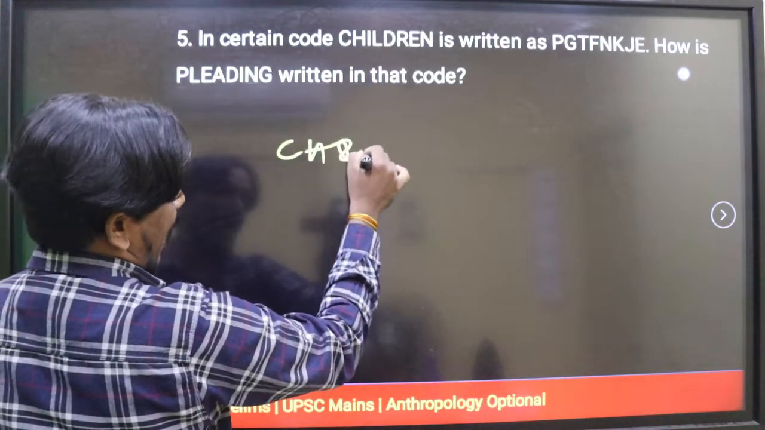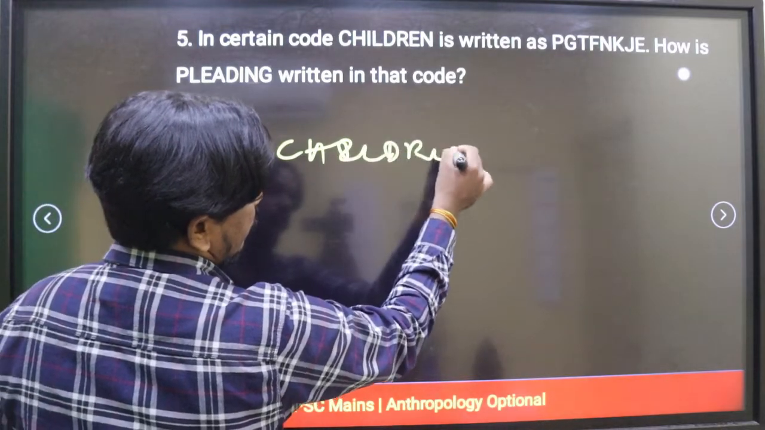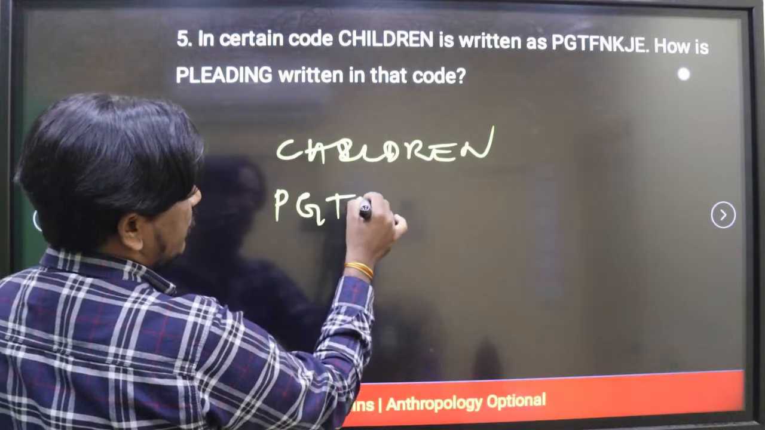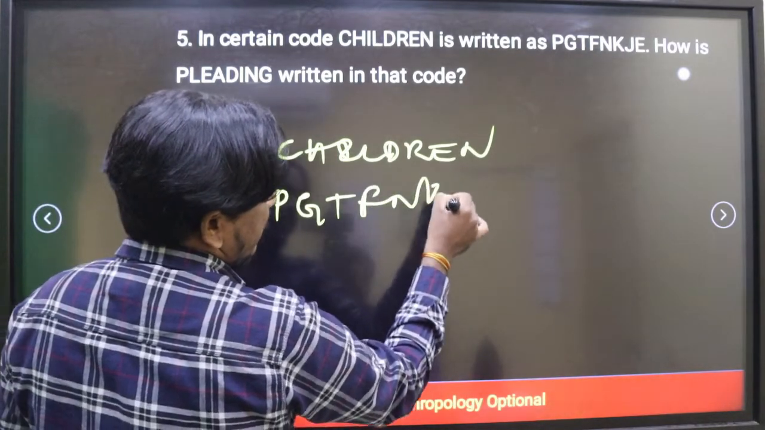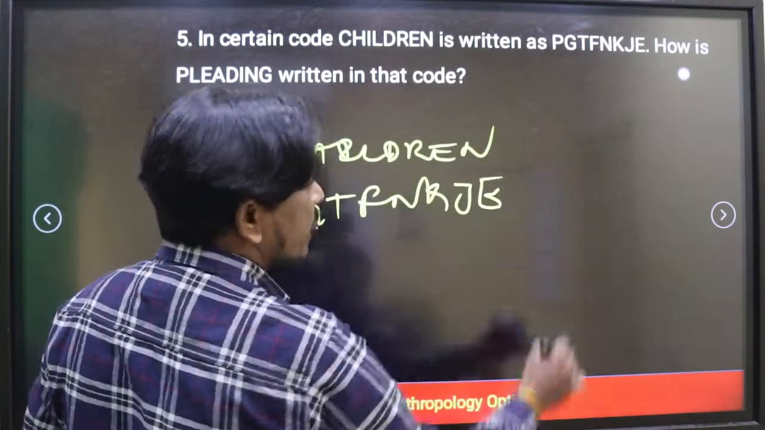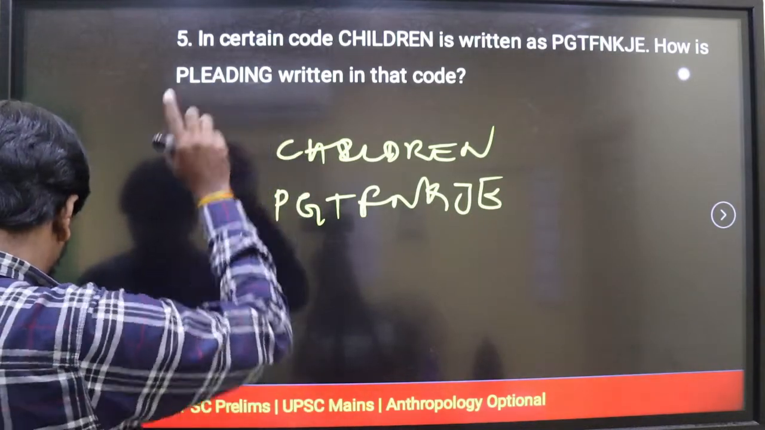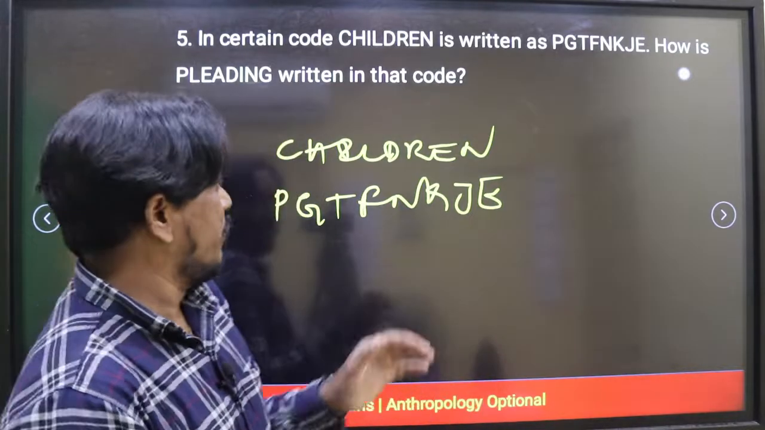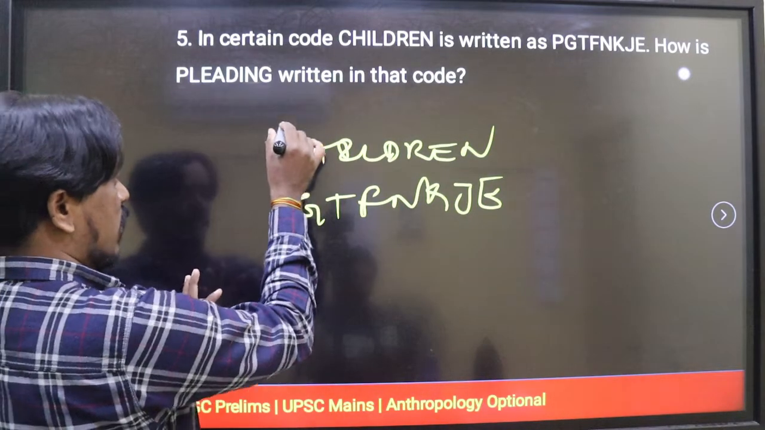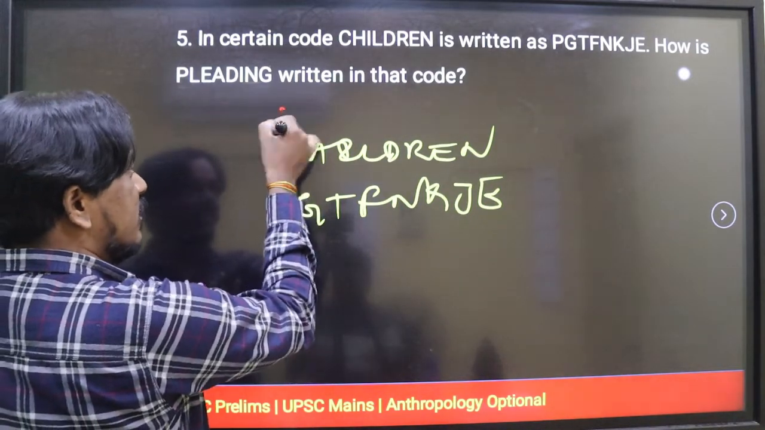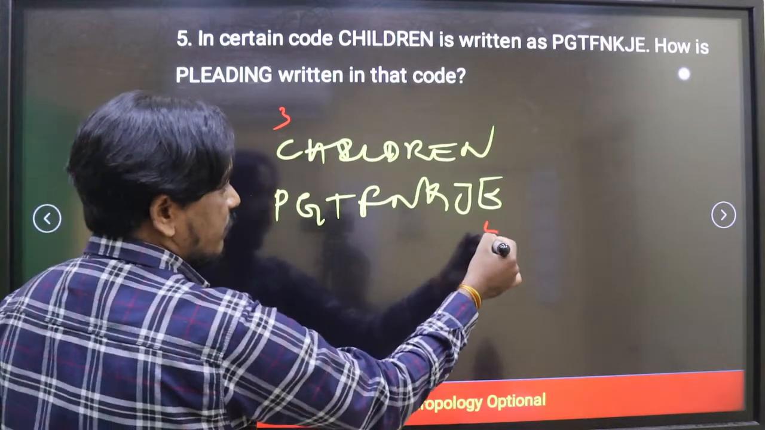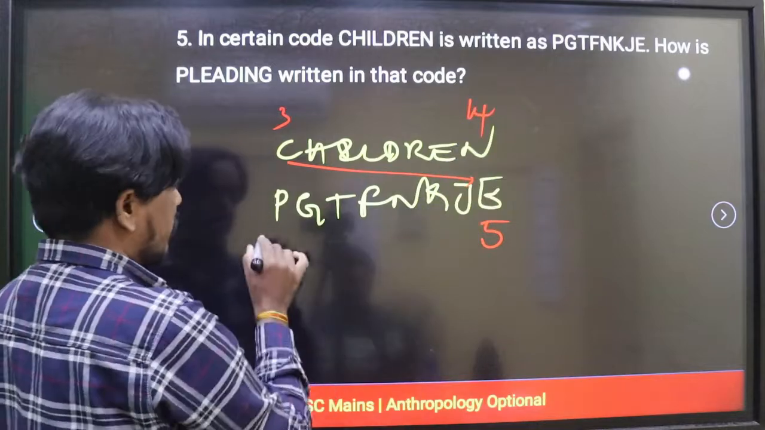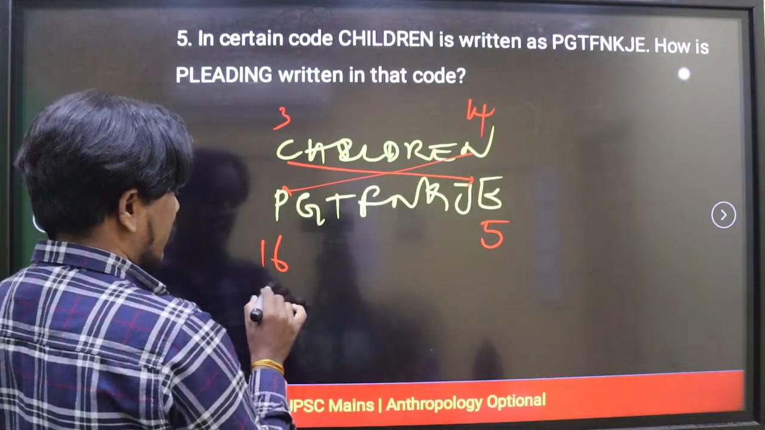Children is coded as P, G, T, F, N, K, J and E. In this case, how is this word coded? Just again, the important thing is the pattern. If you observe the same place and it is not working, we can check the cross logic, C3 and E5. What is the common pattern? N14 and P16, we have a +2 pattern here and